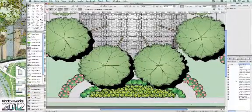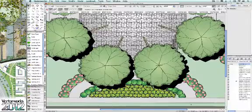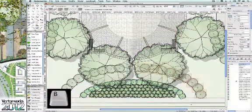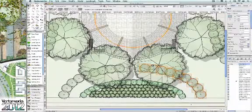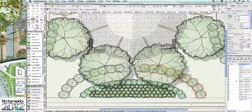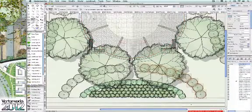In Vectorworks 2012, Landmark users will absolutely love the new Object X-ray mode feature. By simply holding down the B key, designers can quickly select and manage objects that are obscured by other features appearing above them. So, whether you need to select an object, like a plant, to get its information, or apply